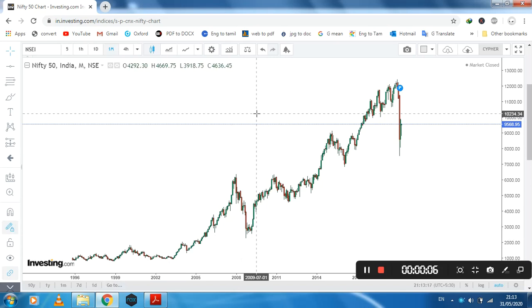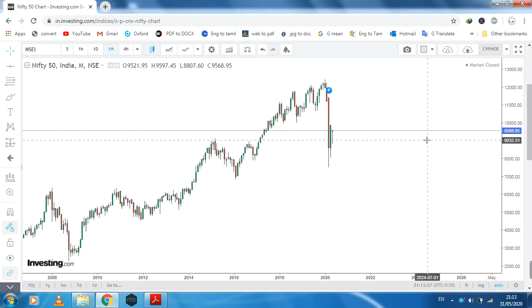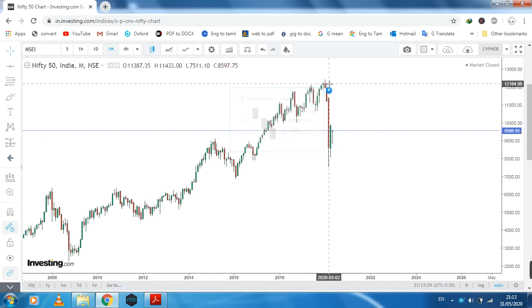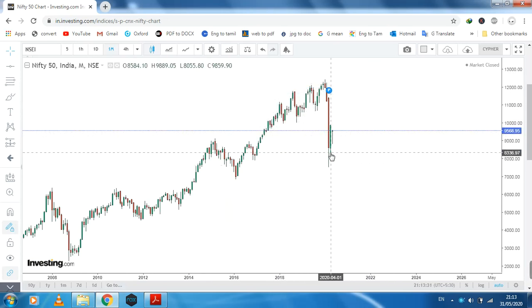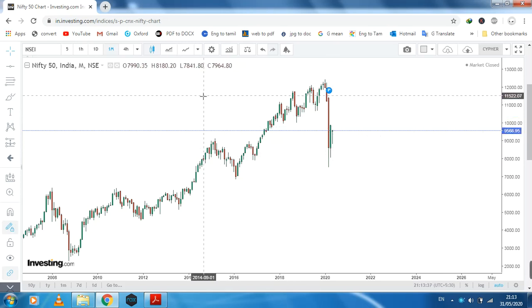Okay, today we are going to talk about Nifty 50. This Nifty, we need to analyze this market live. This is the monthly chart, which is going on an uptrend, then going far down, and then the market is coming up. We need to analyze any buying or selling opportunities in Nifty 50.